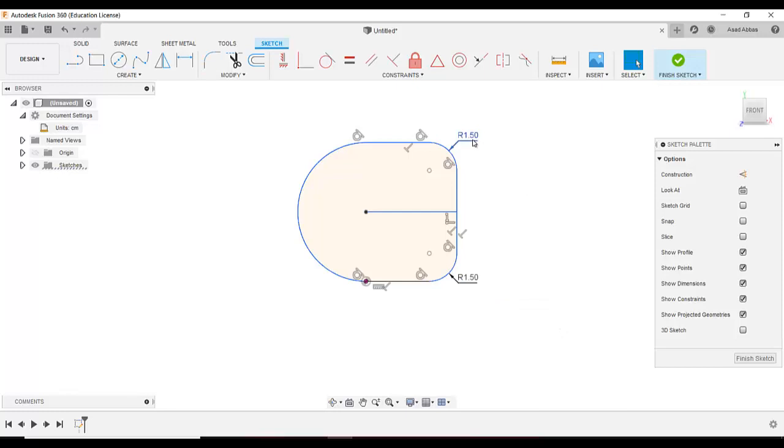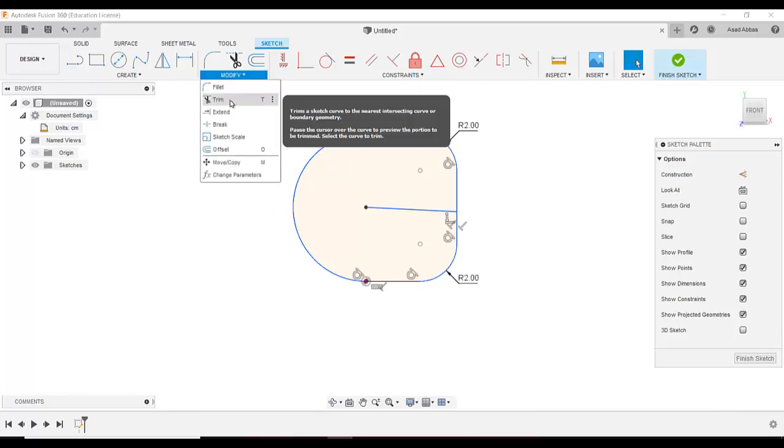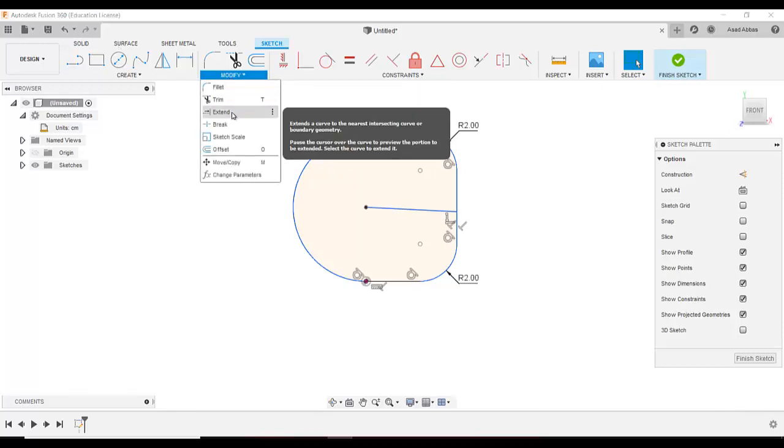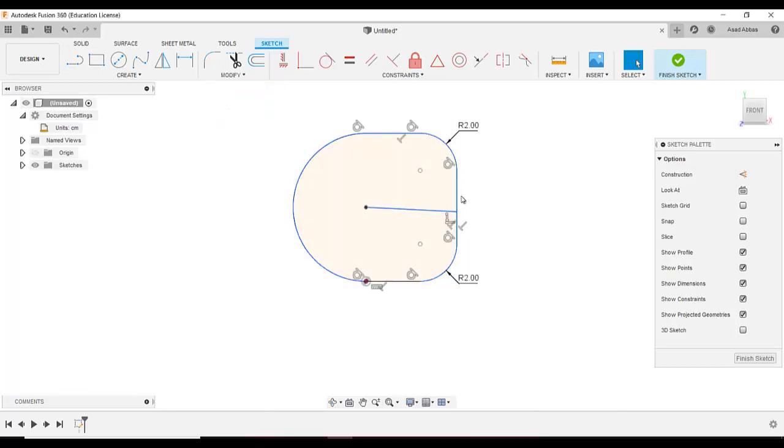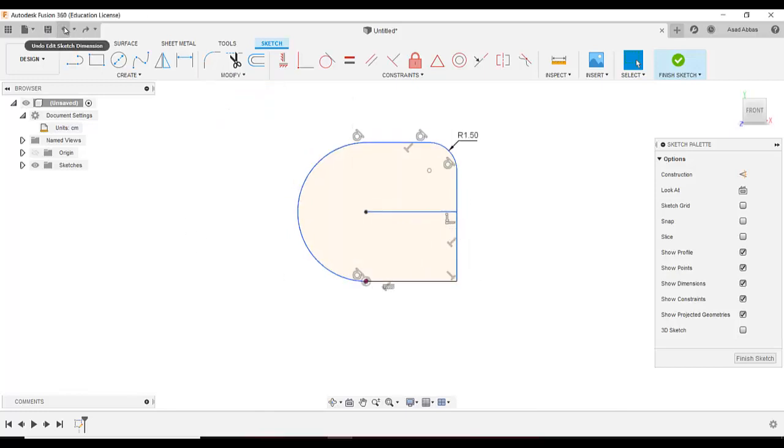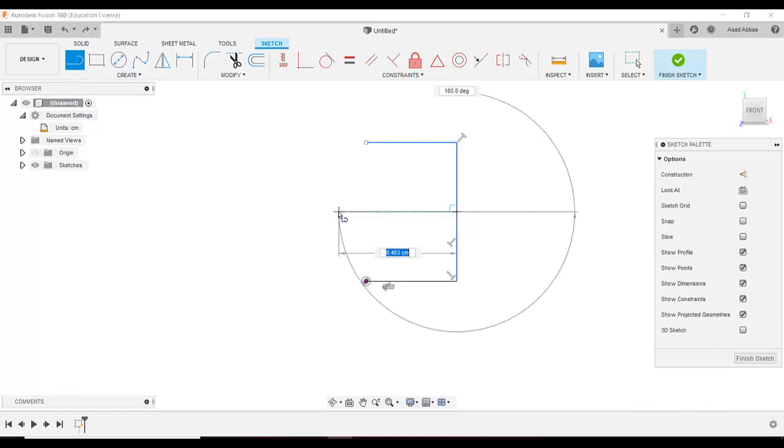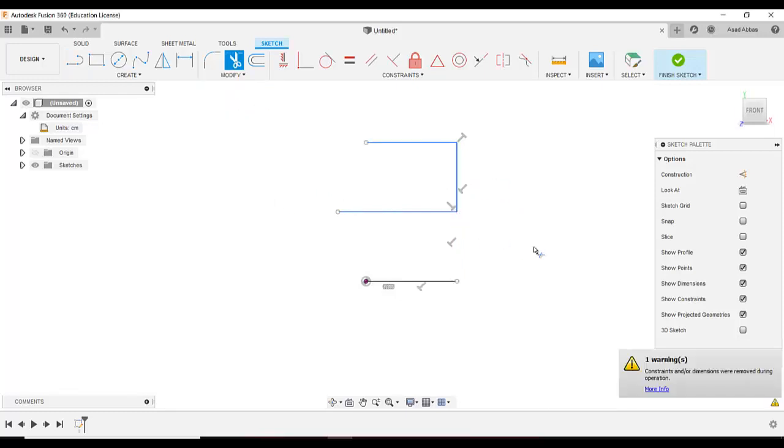You can also modify the dimension by double clicking on it. So there is a trim and fillet, and there is also an extend. So what does an extend do? Let me undo some stuff, and I'm just going to draw a line from the middle. I'm going to trim this portion and draw a